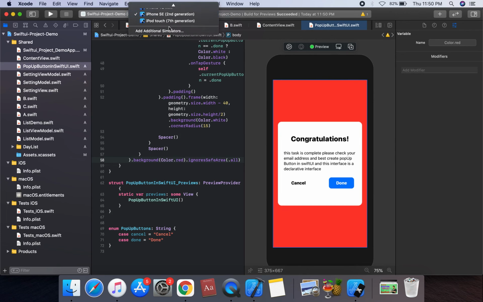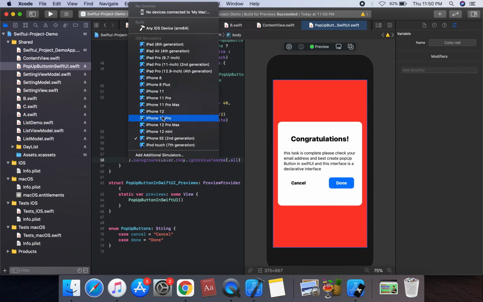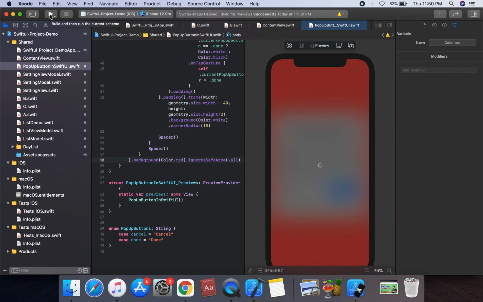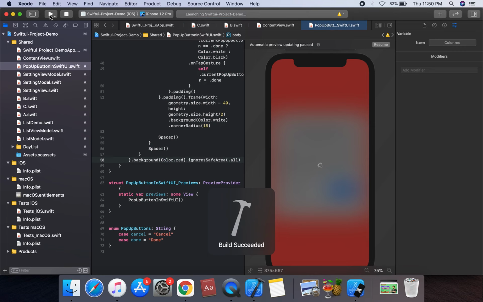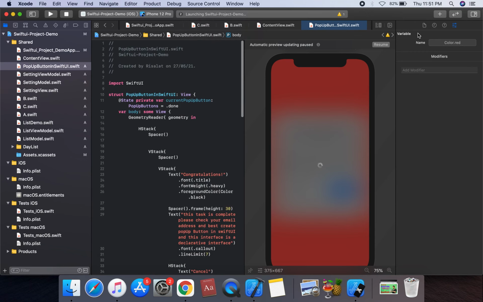So we can set the iPhone as is in screen, and we can the iPhone 12 Pro we gonna run. So iPhone 12 Pro is large screen, so we can set this. We can each screen height and width we can set on the geometry reader, axis of use of geometry reader. So firstly, axis of size, geometry width, geometry width minus 40, left 20 and right 20, and height is geometry is half height. So for height is half height. Each screen half height we can use on pop-up button.